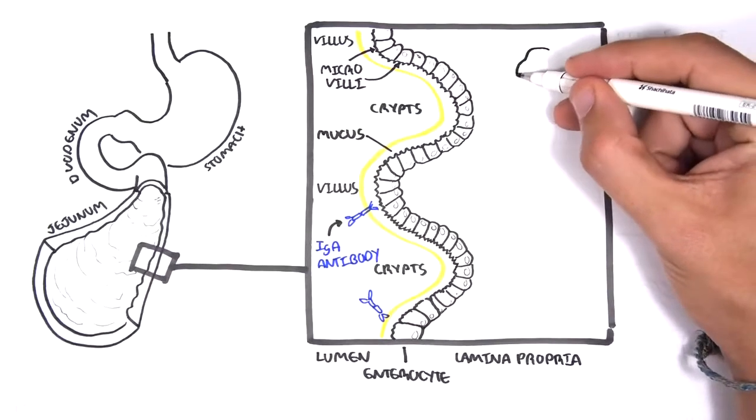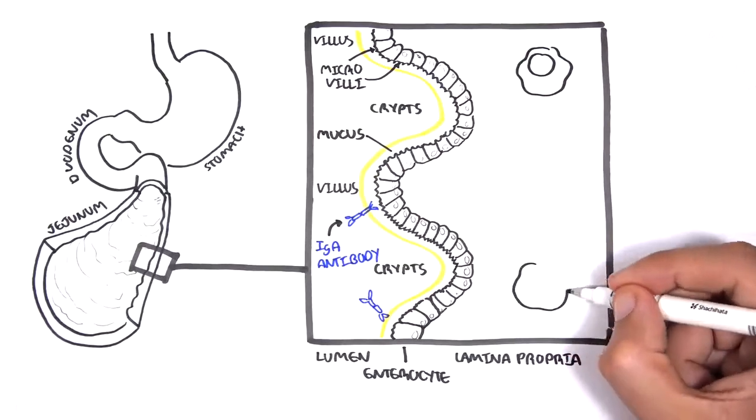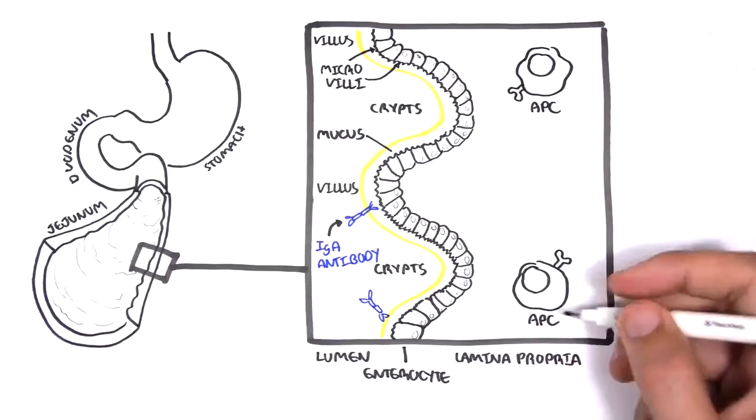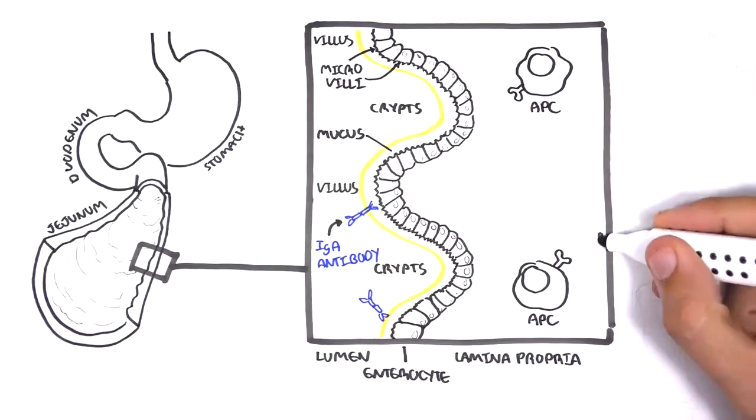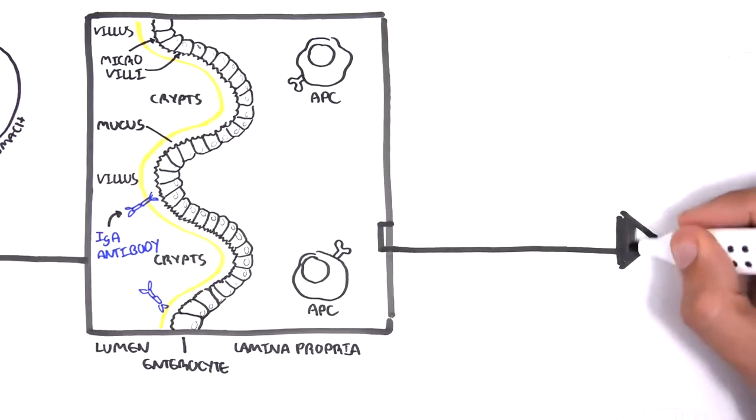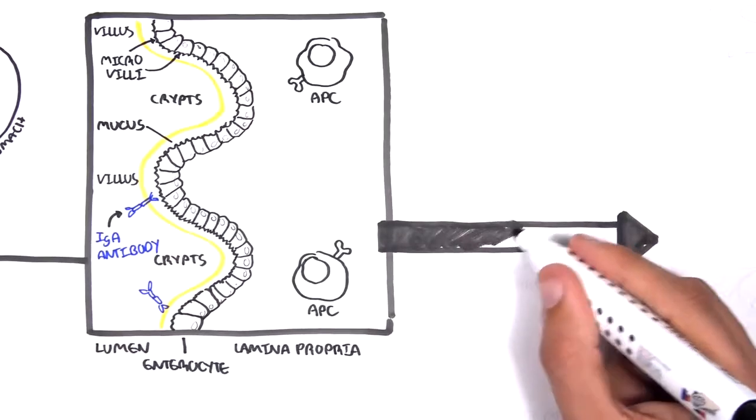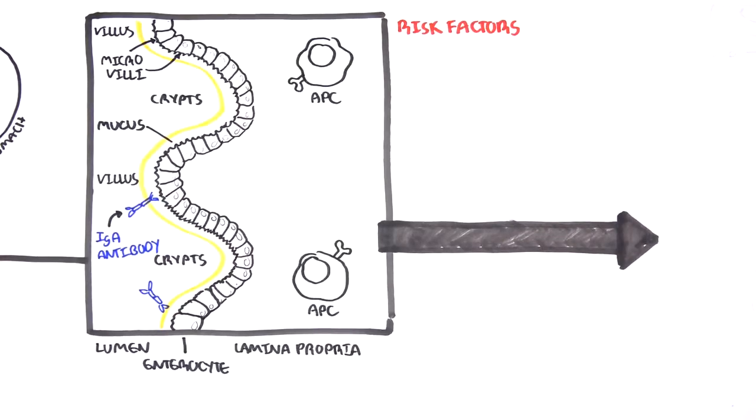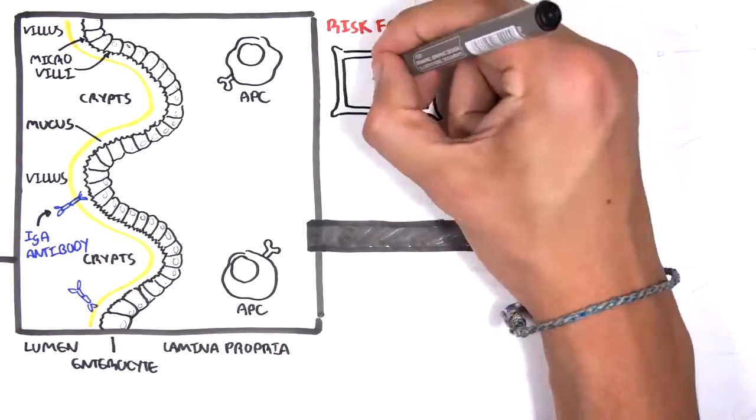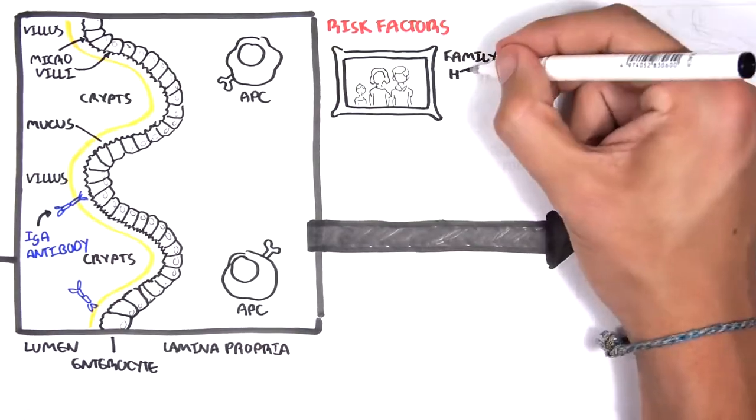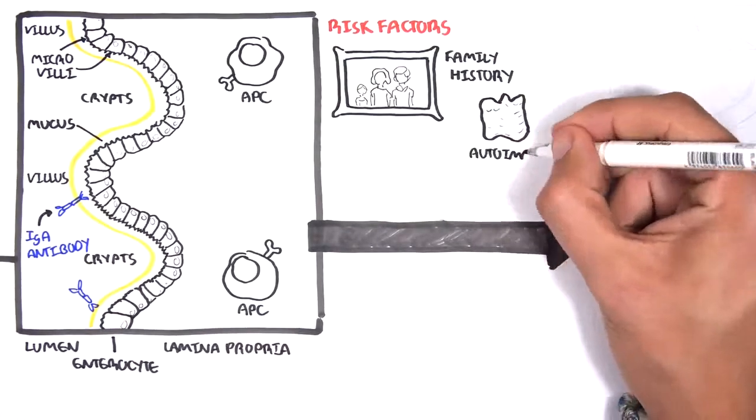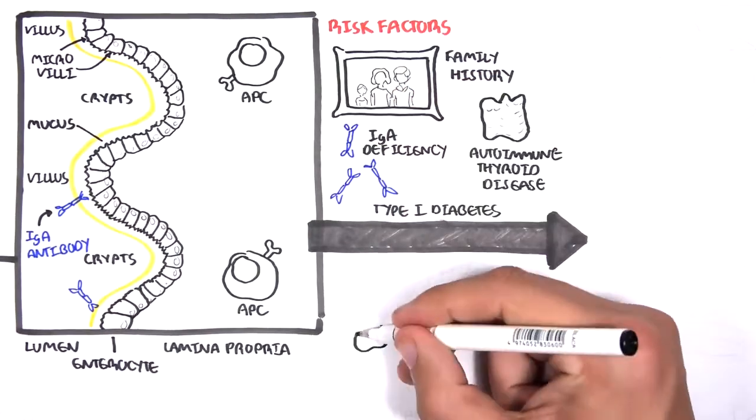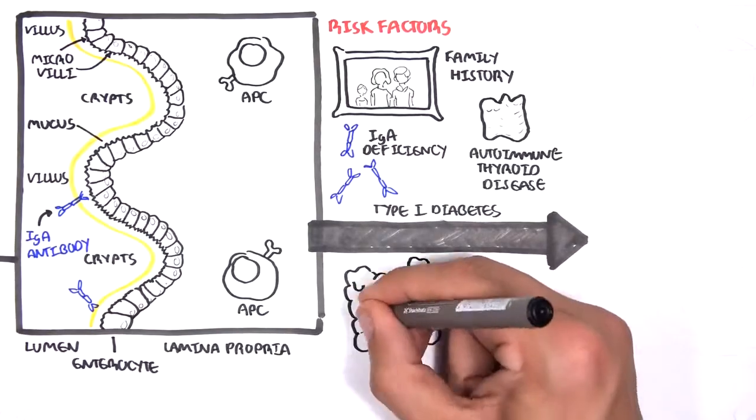Within the lamina propria, which is the level below the enterocytes, you can find some other cells, including antigen-presenting cells, which are important cells in the communication between the innate immune system and the adaptive immune system. Some people essentially have a predisposition to developing celiac disease, and these risk factors include having a family history of celiac disease, an autoimmune thyroid disease, having type 1 diabetes, having IgA deficiency, and inflammatory